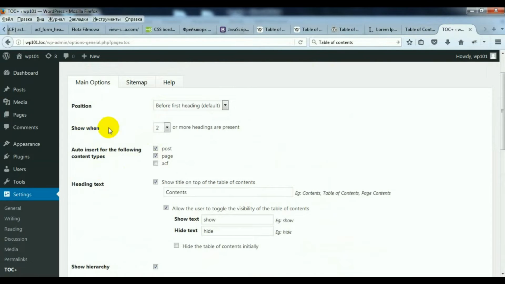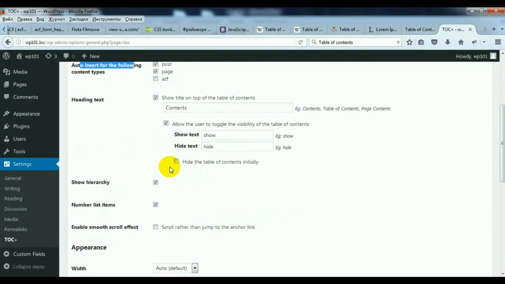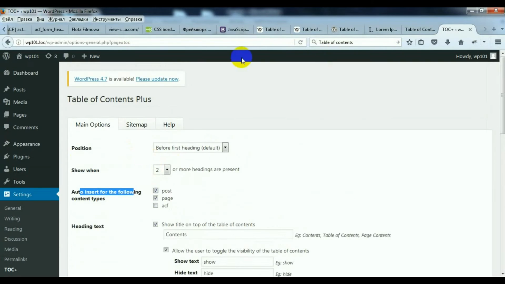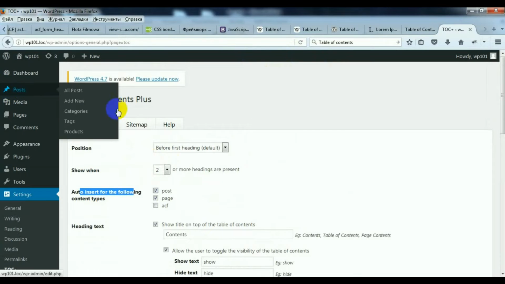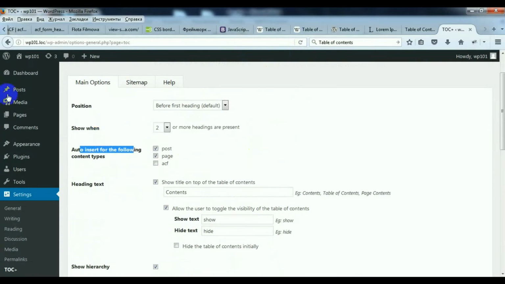One of the important ones is how many headings there should be on the page to show the table of content. Also, how to insert it. If you want it to be on posts, check this. Also, you can hide it by default. Now let's show it, and then maybe play a little bit with settings.